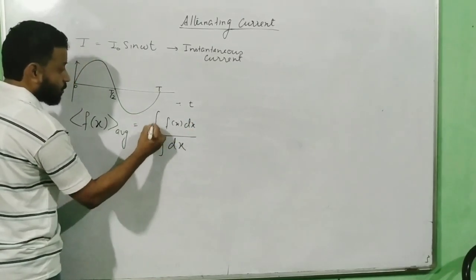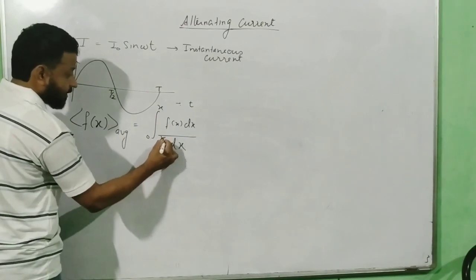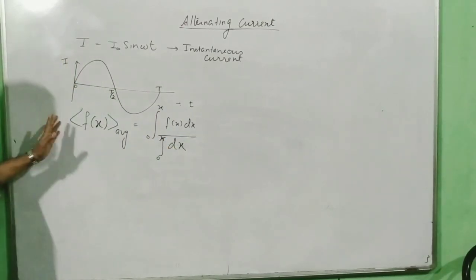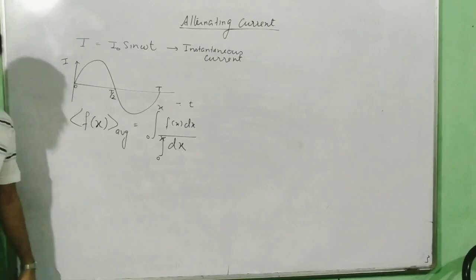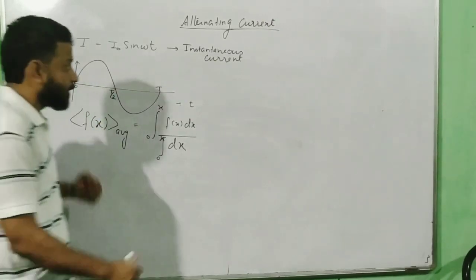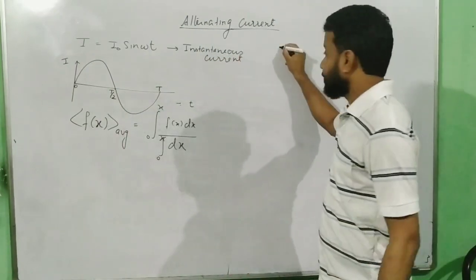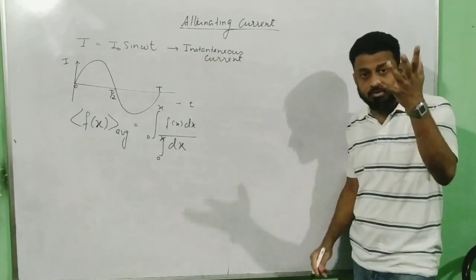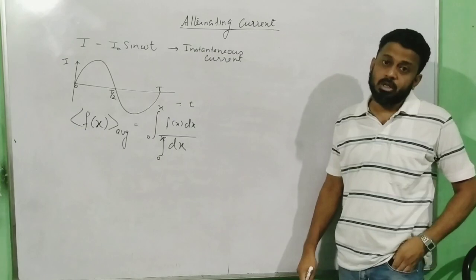Let us say from 0 to x. So I can find, this is the general formula of finding average. If you have to justify that with the average velocity, you can think about this. Now average velocity, if I just remember the formula for average velocity, is total displacement by total time taken.